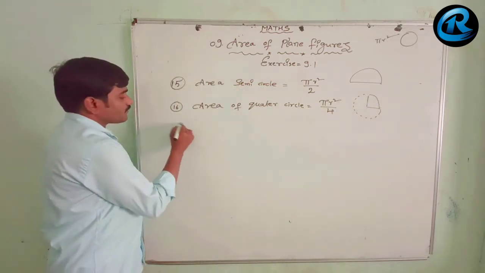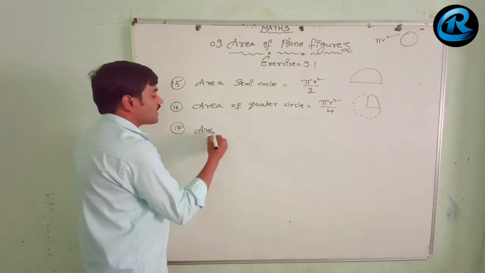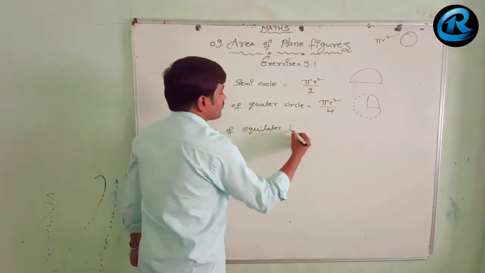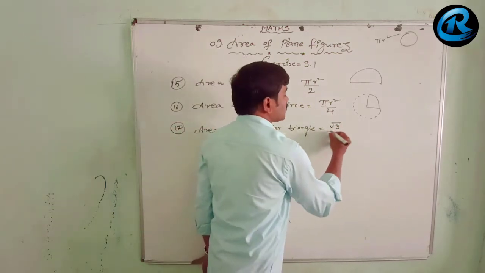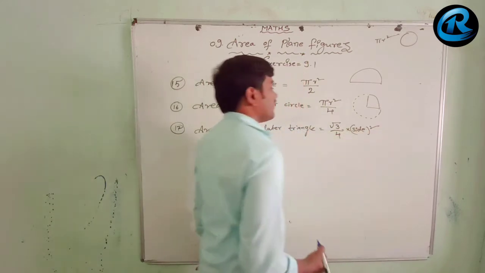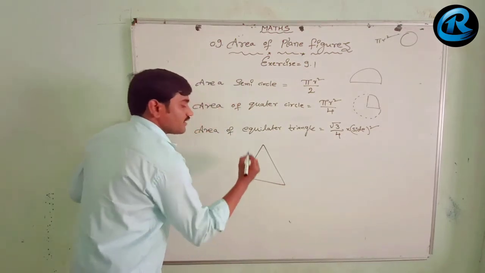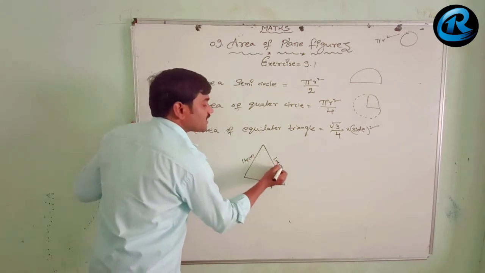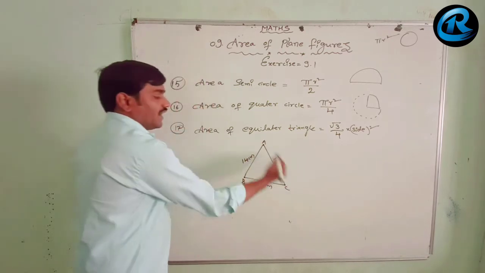Then now we go for the area of triangle formula, 1 by 2 into base into height, no? Then the area of equilateral triangle formula: area of equilateral triangle is root 3 by 4 into side square. Root 3 by 4 into side square. Let us take one equilateral triangle. Suppose each side is 14 centimeters, each side of this triangle ABC. It is an equilateral triangle.